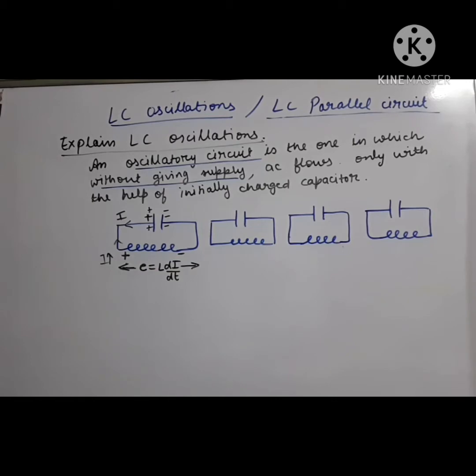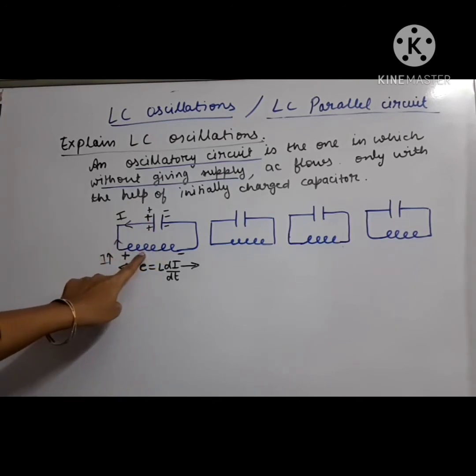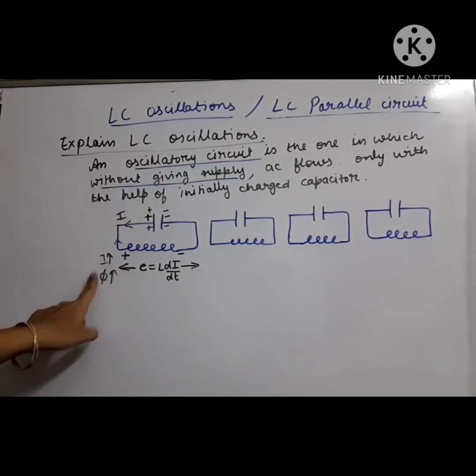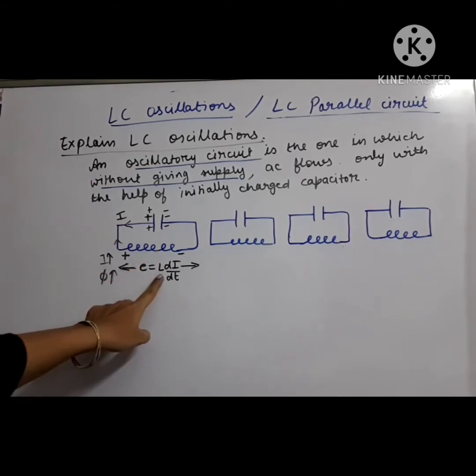I think you have understood the first step. I am repeating the first step. We have to take the capacitor initially charged. From the positive side, we supply the current to the inductor. Now this inductor, in which initially the current was 0, now the current starts flowing, that means current increases. This increasing current increases the flux through it, and due to the increasing flux, an induced EMF is produced, that is the L di by dt formula.